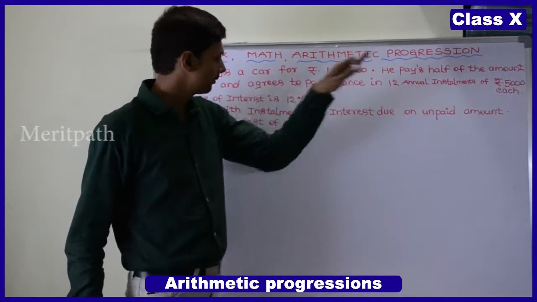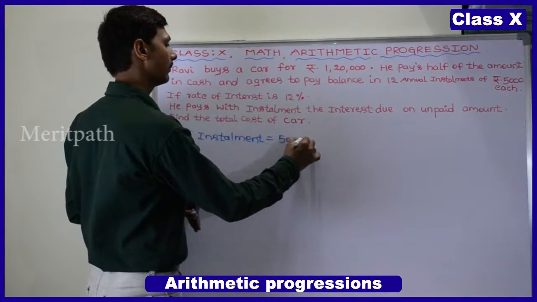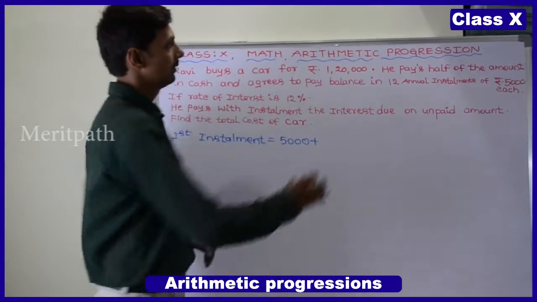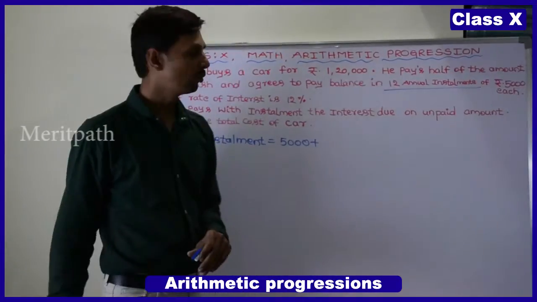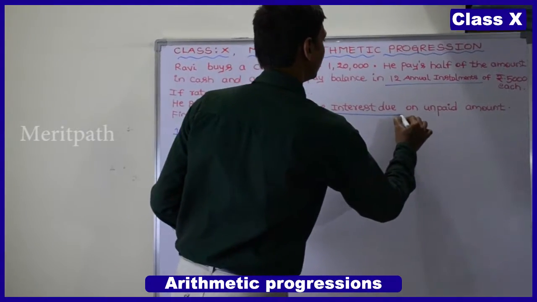So the first installment is 5,000 rupees, and the second is also an installment of 5,000 rupees, and interest is due on